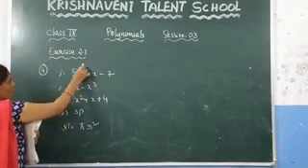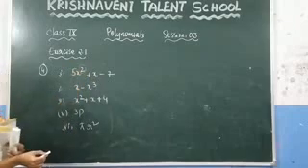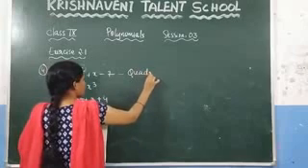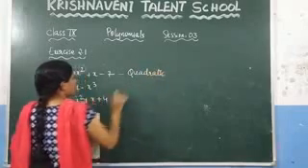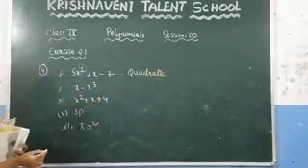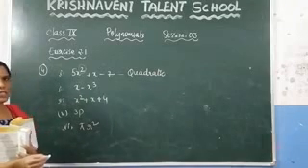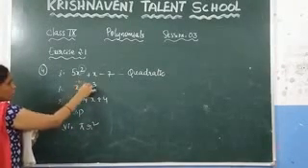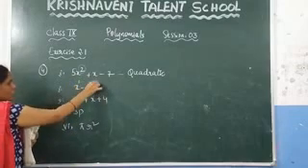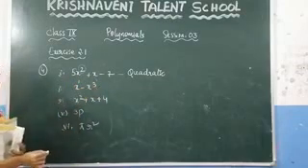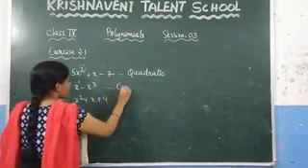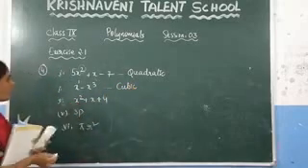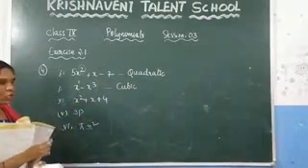Here the degree of the polynomial is 2, right? If the degree is 2, what do we call this polynomial? We call it a quadratic polynomial. Write in the answer: since the degree of the polynomial is 2, it is a quadratic polynomial. And here, what is the degree? Between 1 and 3, what is the biggest number? 3. Since the power is 3, we call this a cubic polynomial. Write it here: since the degree of the polynomial is 3, it is called a cubic polynomial.